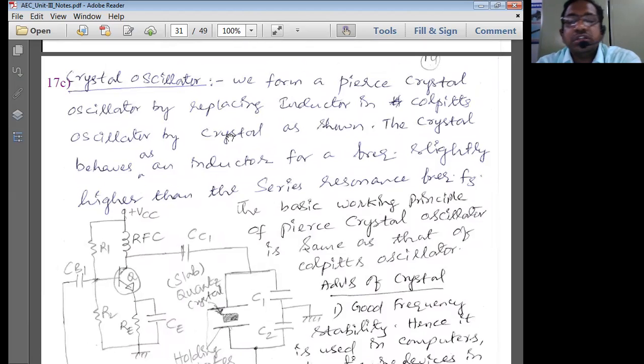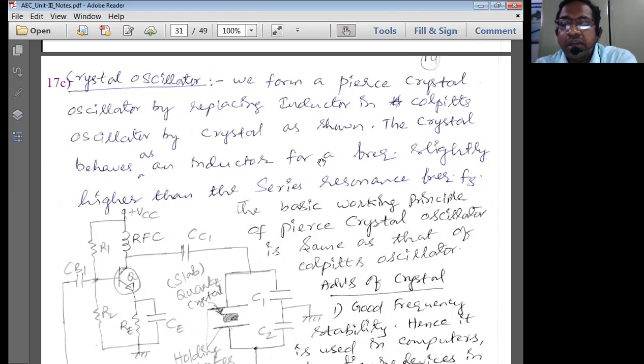These are the problems in unit number 3, which are very simple to follow and understand. Well, thank you very much for today's session. In the next session, we'll try to cover the problems of the 4th unit, power amplifier circuits. There also, you should know the formulas for efficiency. Importantly, in power amplifiers, there are only two issues, efficiency and distortion.